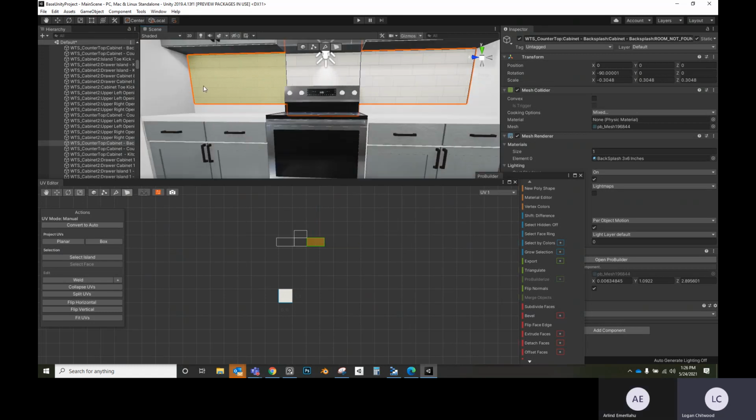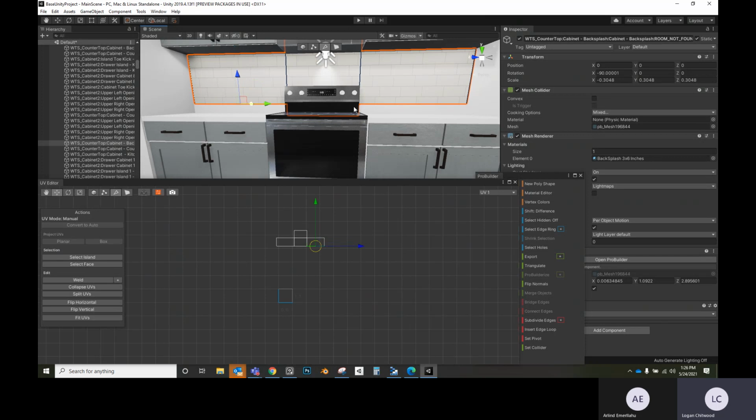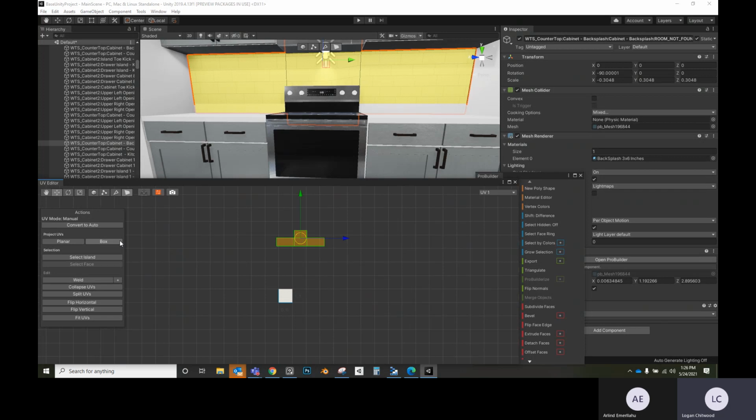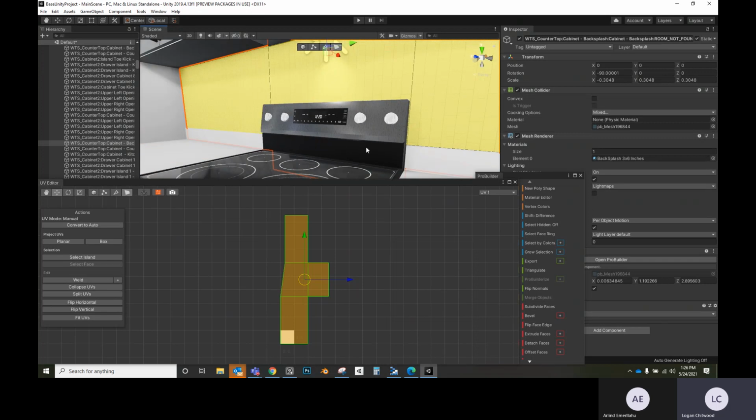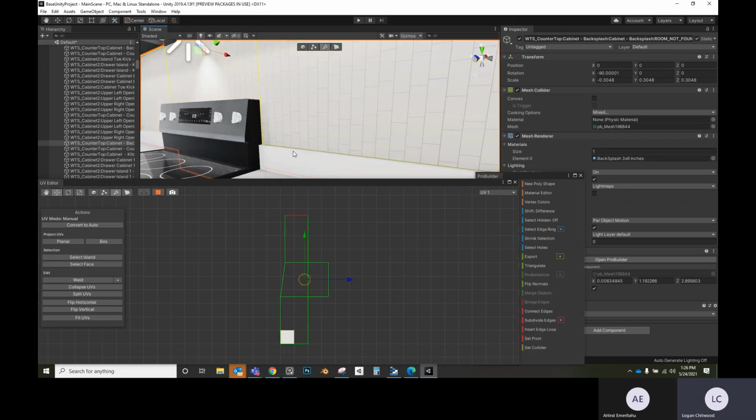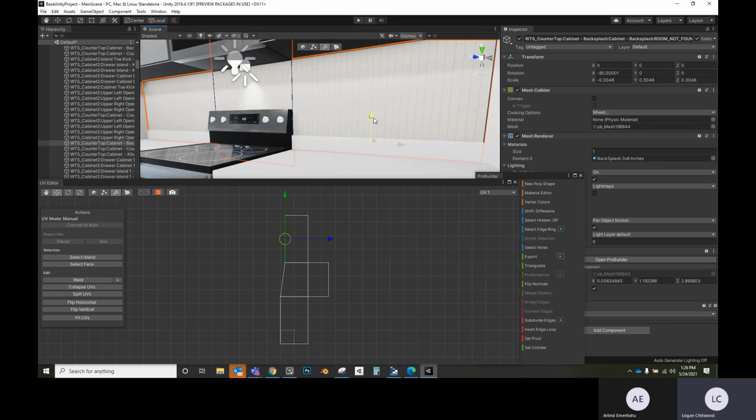So we're gonna do something real quick. That's the wrong one. We're gonna grab these edges. I'm gonna move it down, so now that it's covering that area, and then I'm gonna box unwrap it again. Oh, did I not have the right face selected? Or the right edge selected? Yeah, I didn't have the front edge. I had a different edge. So now